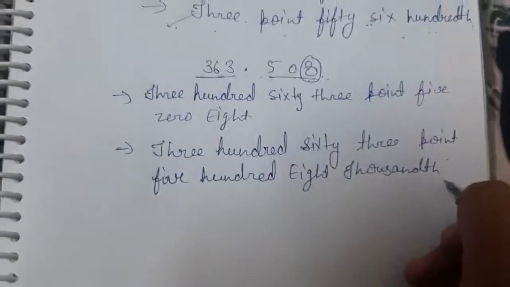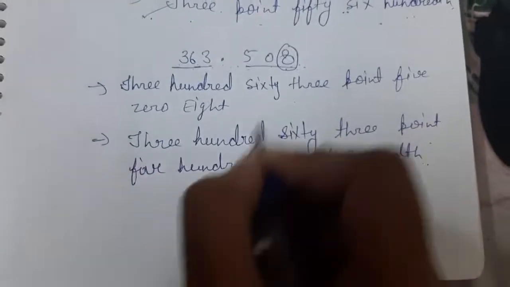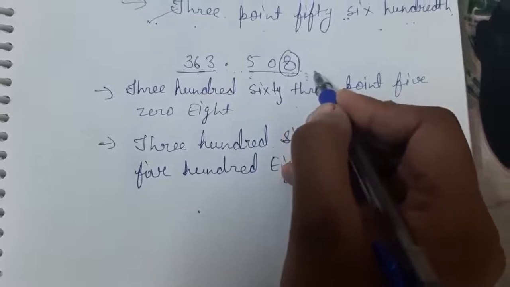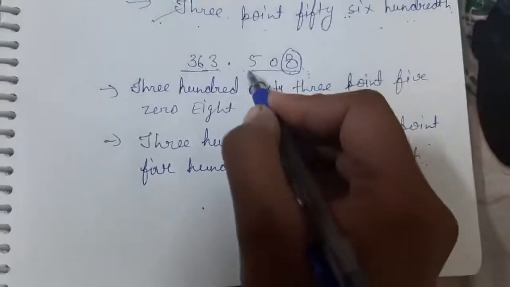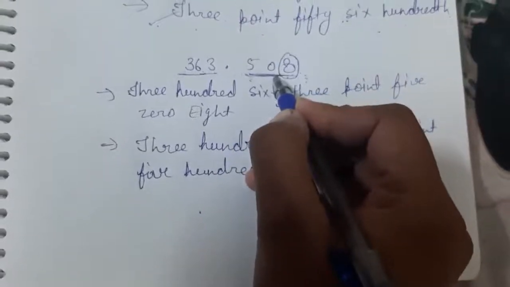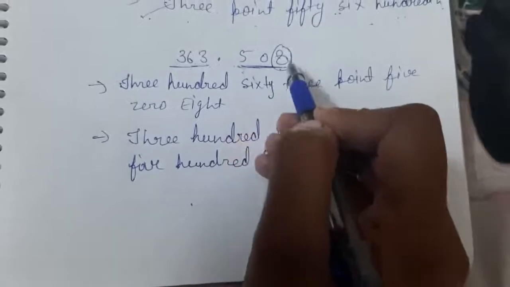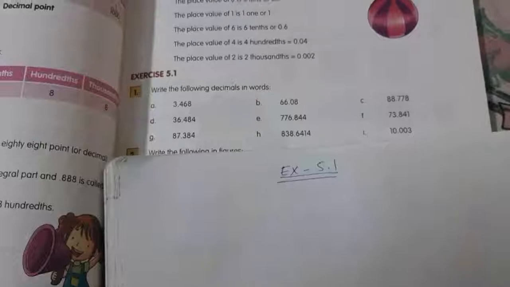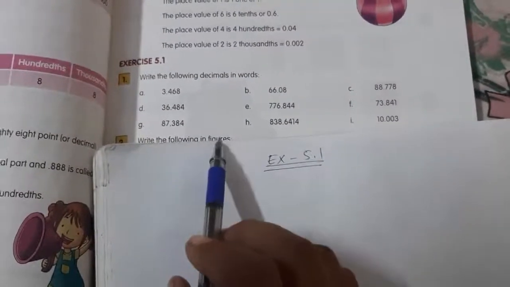Okay, I hope you understand. And one more thing, in a decimal number you will always see a maximum of 3 digits. If you get 4 digits, you just have to round off. It won't come in your syllabus, but a maximum of 3 digits you can see. That's why there are 3 place values: the first is tenths, the second is hundredths, and the third is thousandths. So easily we can do our exercise after this concept.